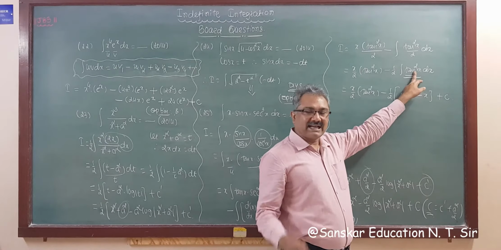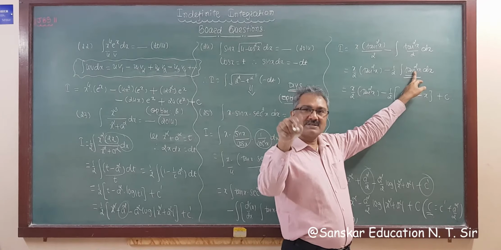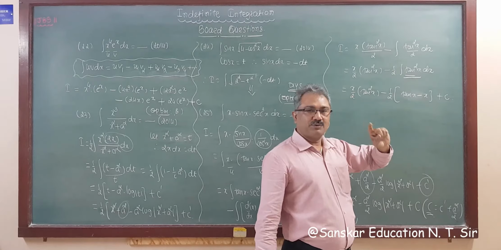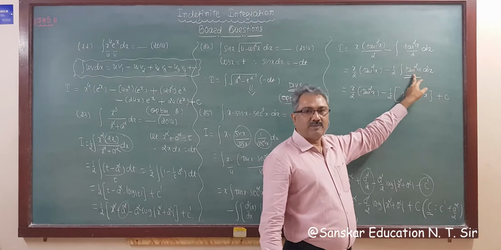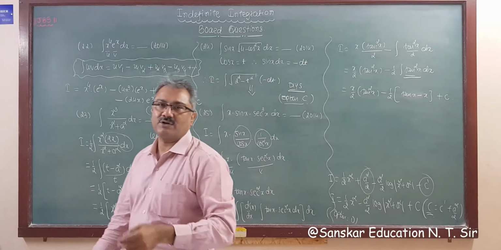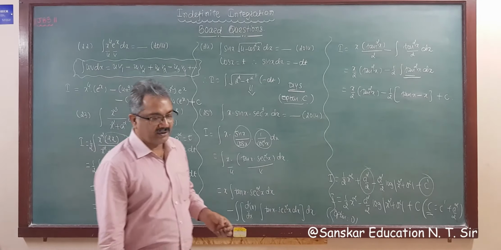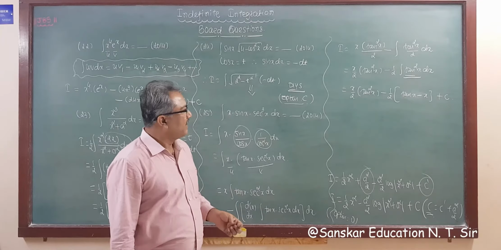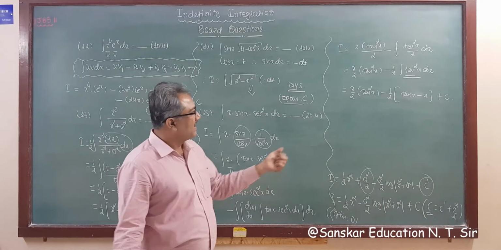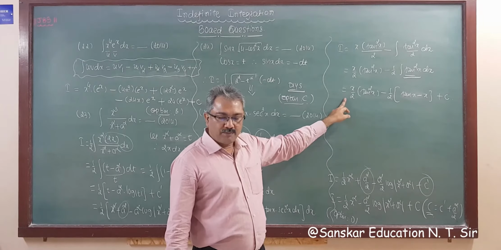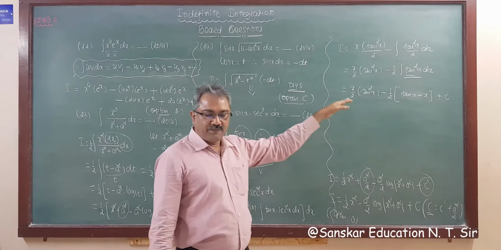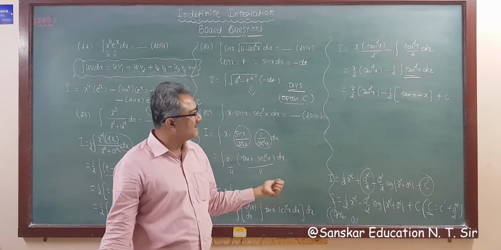Because tan squared is sec squared minus 1, and the integration of sec squared x is tan x and of minus 1 is minus x. I told you to remember this integration as a formula. The integration of tan squared is tan x minus x, and of cot squared is minus cot x minus x. That you have to remember. So the proper answer is 1 upon 2, there is again no tan squared, right? x tan squared x by 2 minus tan x. That is not possible here and not there. So no proper answer is there.